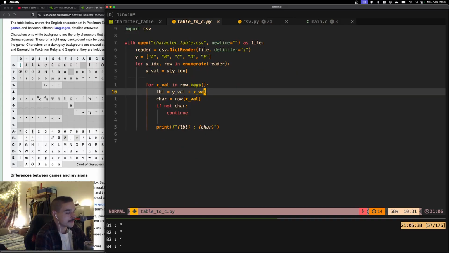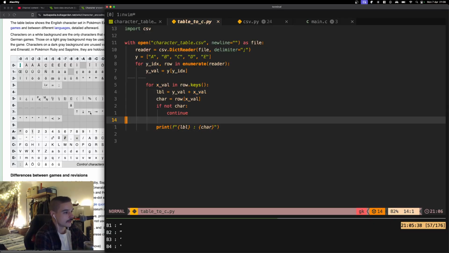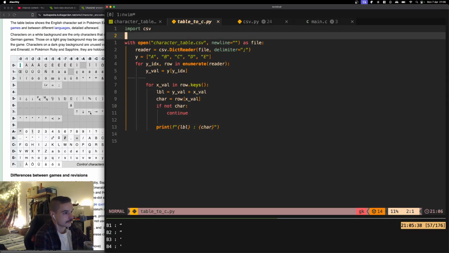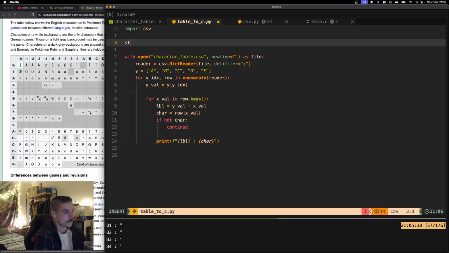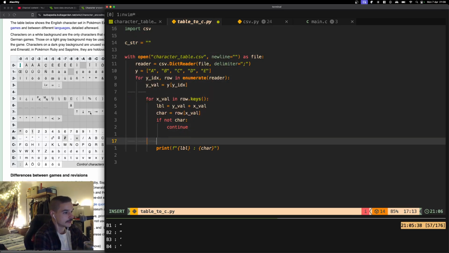So let's make an empty string here. And so we'll take whatever's in the C string already, plus a new formatted string, which should probably be a multi-line string,